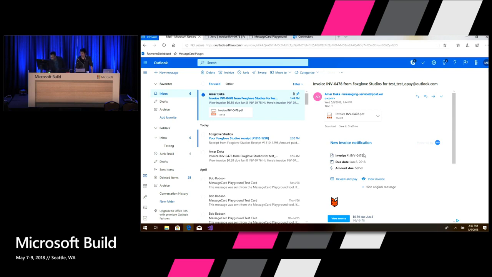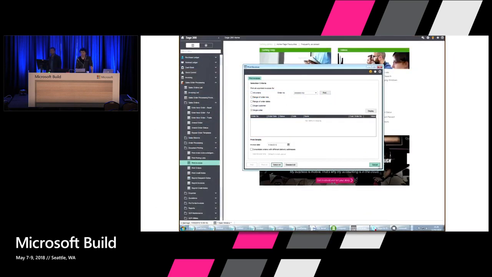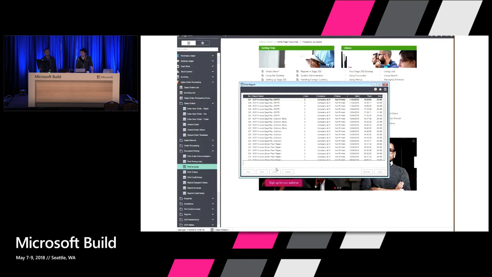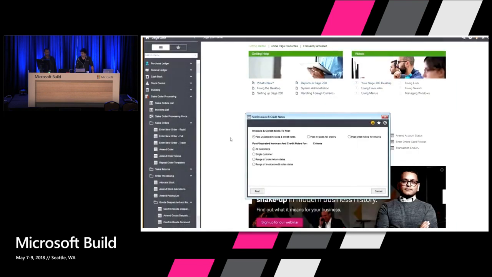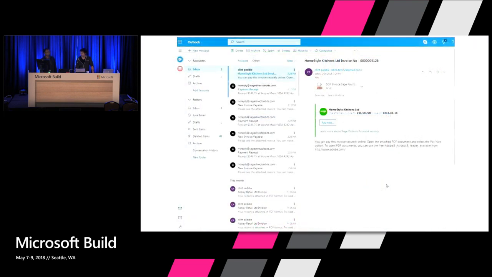So a sending card that has this intent isn't really just limited to cloud platforms, right? Here you can see Sage 200. It's a desktop platform for high volume invoice sending for enterprise companies. It's very easy to generate a bulk number of invoices, and the user can also personally craft messages and send them out using their own email address. So here's a great example of how those types of invoices also end up in your inbox. And we're trying to drive this uniform experience to create easier recognition by users for invoices all across the board in Outlook.